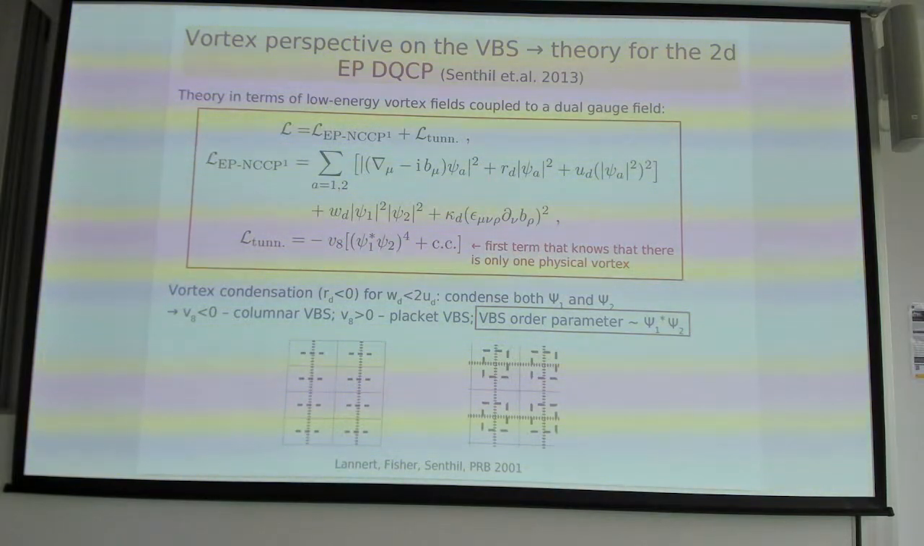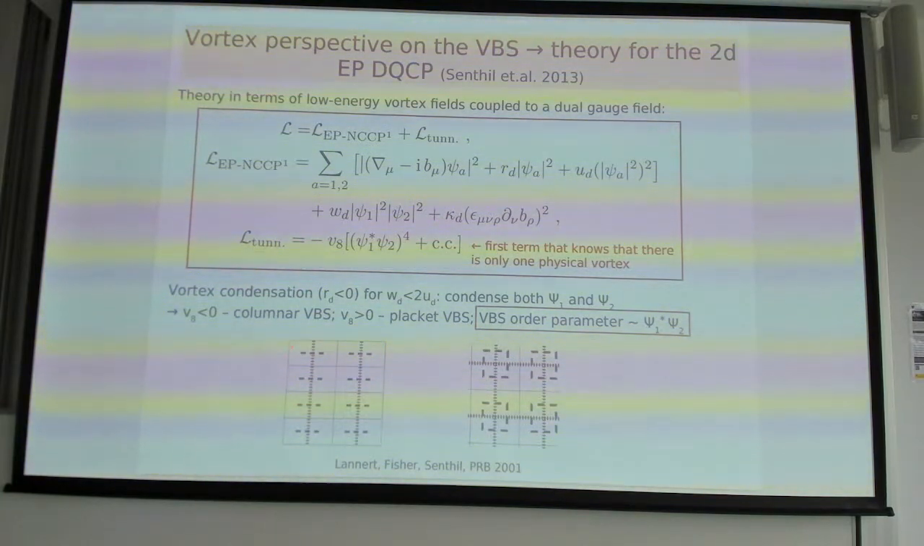Now destruction of the superfluid is where the vortex is condensed, so the mass for the vortex field goes to 0, and then the specific condensation pattern depends on the details of your quartic terms. When the interaction between these vortex fields is not too large, you want to condense both vortices simultaneously, both of these species, and then the further details of the condensation are settled by the tunneling term, and depending on the sign of the tunneling term, you will either end up in a columnar